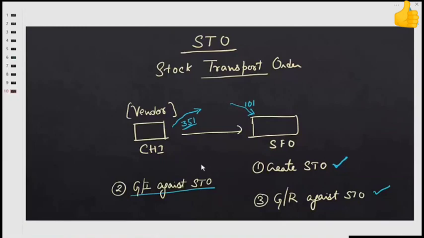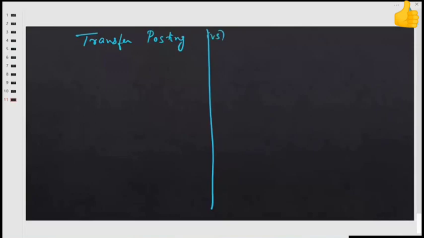Now I am sure you must be wondering why do we have to do it one way versus the other? So let's compare a transfer posting versus an STO, or a stock transport order. Why do you have to use one method versus the other? A transfer posting